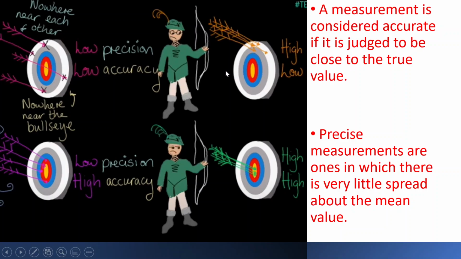Top right. Now we're only missing one aspect. I've managed to group the arrows, the results, together. They all seem to be around the same mean. So that means we've got high precision. But now the accuracy is wrong. They are not near the true result. So if this is the case, and you were asked how to make something more accurate,